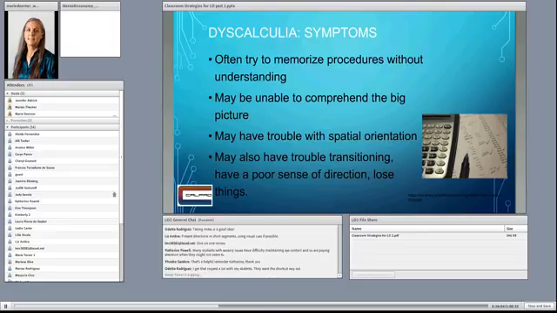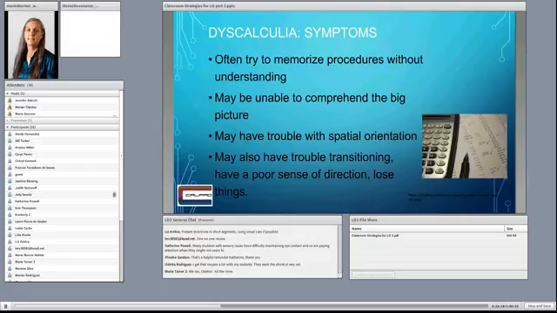Others need to see the whole completed problem and get the whole big picture before they can actually tackle the little steps. That's also true with essays and any project. So there's always those students that need to see the full project before they can start working on the little pieces. People with dyscalculia may often have trouble with spatial orientation,